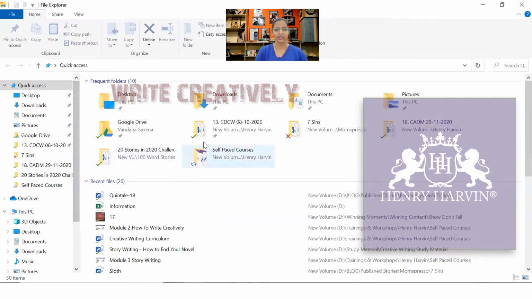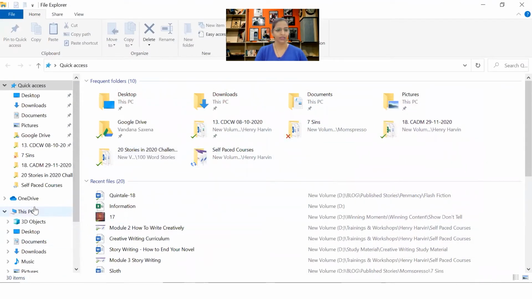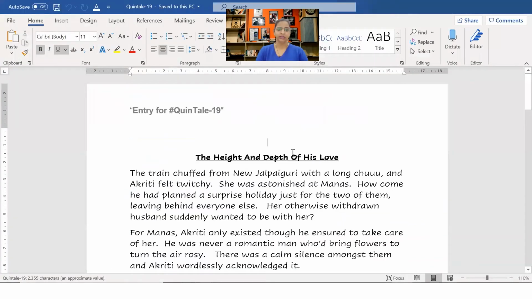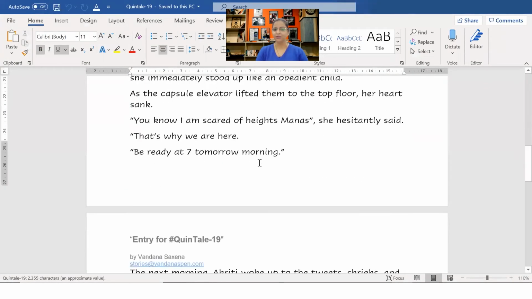Let me just show you the entire story that I had built around these lines. So see, I built an entire 500 word story around it.